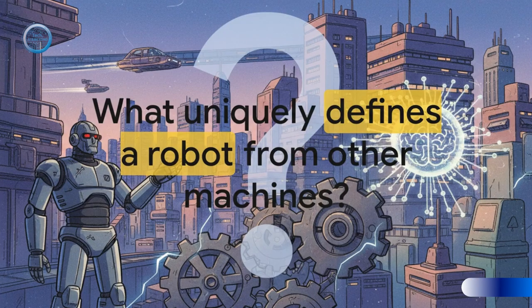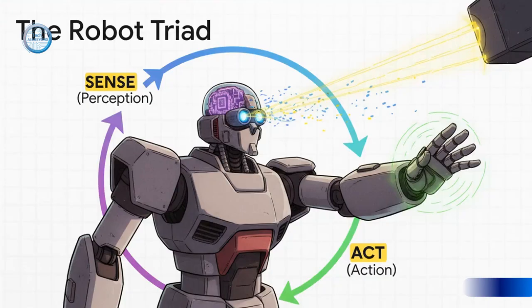And this brings us to the next big rung on our ladder. We've just firmly established that an ATM is a very sophisticated automated machine, but it's not a robot. So, what's missing? What is that defining feature that takes an automated machine and elevates it into the category of a true robot? The defining characteristic is this triad right here: sense, process, act.